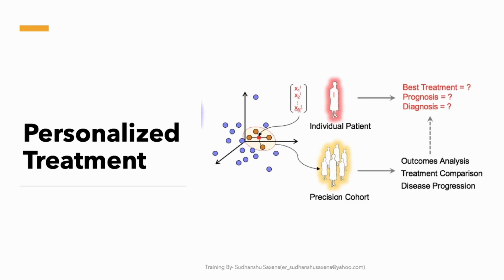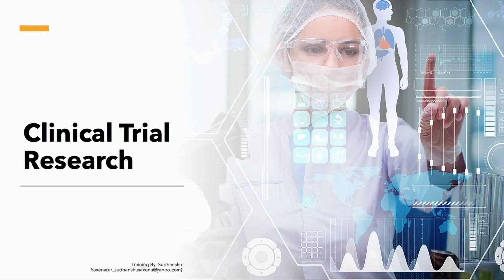I will call that person and say that your blood pressure is high, your blood sugar is high, and these are the parameters which are high. You should immediately start taking this medicine, otherwise you will get a heart attack. So I can save a life with the help of that. And machine learning is very smart in terms of identifying these diseases and the symptoms. Clinical trial research: machine learning is nowadays being used to minimize the time required for doing clinical